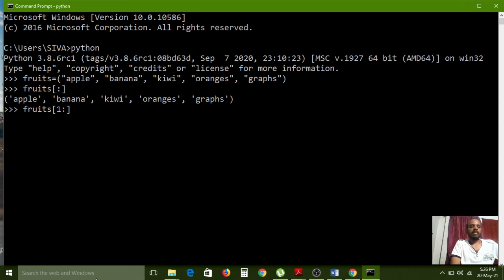So this means from the fruits tuple I would like to print from the first index onwards. The 0th index I don't want, nothing but apple I don't want to print. Banana, kiwi, oranges, grapes, all remaining fruits I would like to print in the output. So for that, I am just using the syntax like this. Now I am pressing the enter key. So apple has been excluded, and all remaining fruits have printed as output.